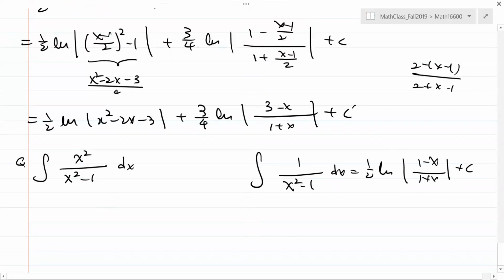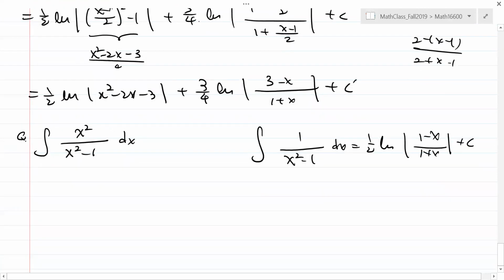If you're not sure, double check it. Remove the absolute value, very simple, and you differentiate. You forget the sign. Just differentiate the right-hand side, and if you see you can get 1 over x squared minus 1. Sometimes you're not sure which one is on the top and which is at the bottom. Then you just find the derivative. Okay? And you will get 1 over x squared minus 1. That's correct. So if I continue to increase the power of the numerator,